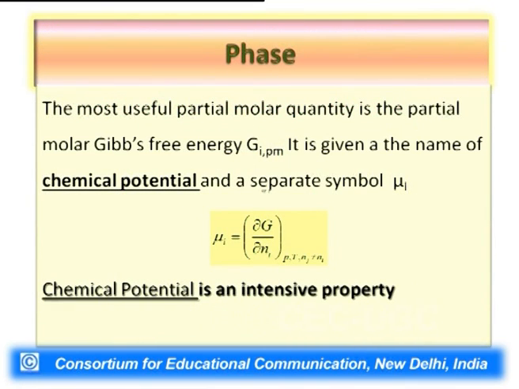So with that discussion we come to the end of our discussion of phase equilibria. What we have learnt is that a phase is a homogeneous, physically distinct portion of a system which has definite bounding surfaces, and the study of equilibria between phases constitutes phase equilibria, and we have also developed the criteria of phase equilibria. So, we will take up more on this topic. Till then, thank you so much.